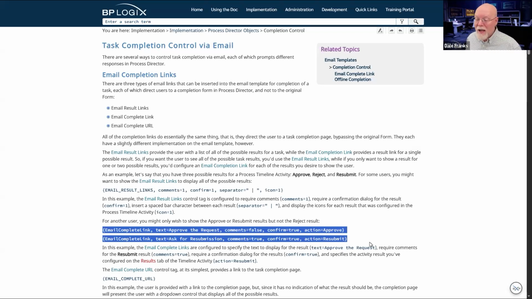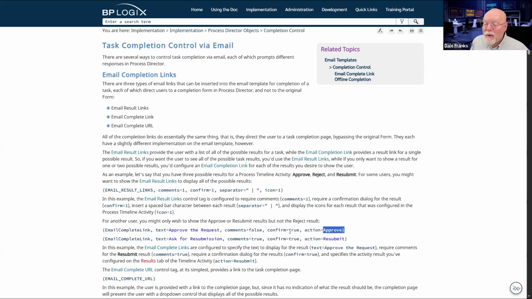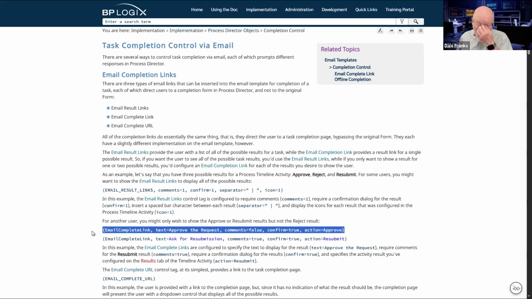So, for example, I might provide an approve link in an email. Now, unfortunately, for both of my user activities, I may not have an approve result, so this would not be effective. Well, actually, I guess it would be. I guess I could use an approve result. I guess I could do this